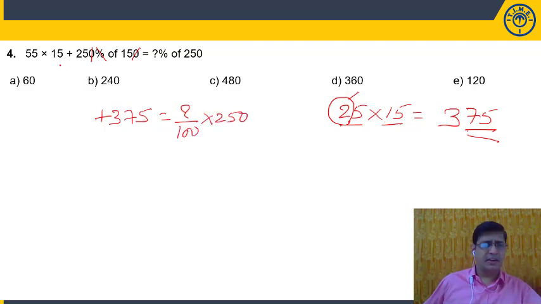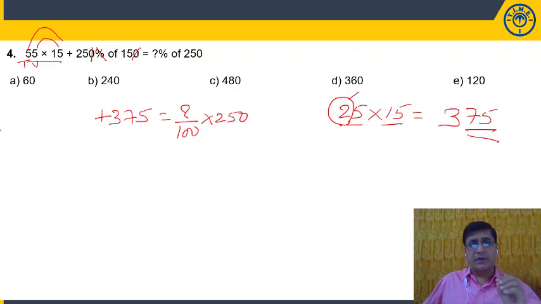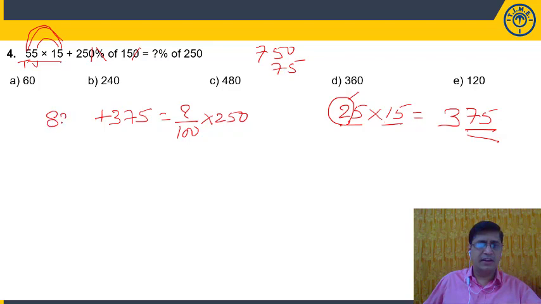Okay, now let me look at the next part here. What is the value of this one? My dear students, 5 times 15 is equal to 75. Again here 5 times. But if you observe this carefully, here 5 is in the units place, now it is in the tens place. When the 5 is in the units position, you will get 75. When 5 is in the tens position, 750. So here it is 750. I will write here 750 plus 75. What is the value? 825.